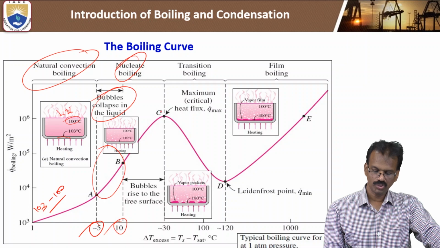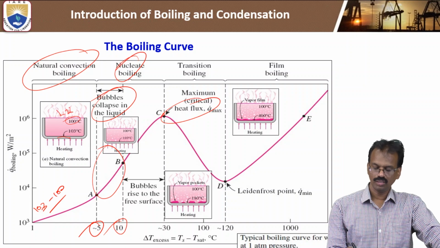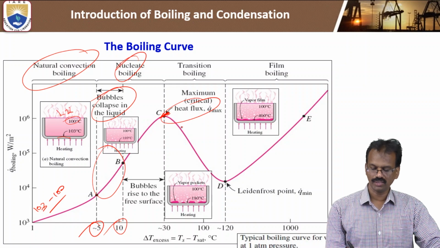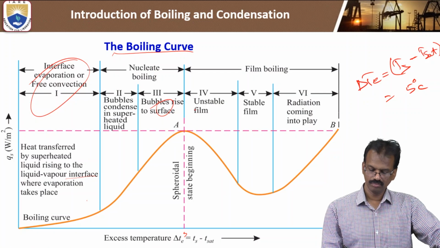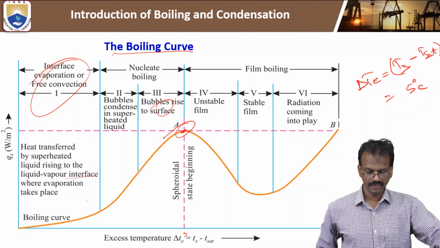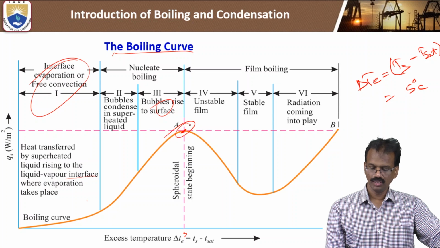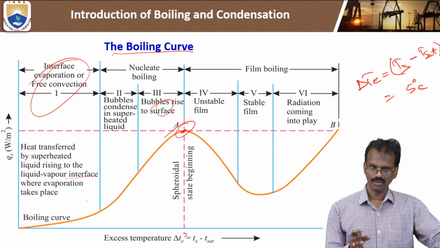Up to this point, heat transfer rate or heat flux will increase rapidly. So here you will see the maximum heat flux rate, Q max, the critical heat flux. This is the critical point. So based upon this critical temperature, we have to choose the material also, because